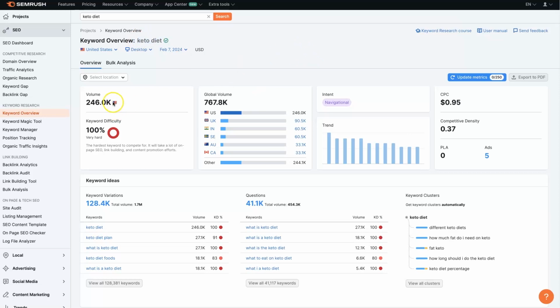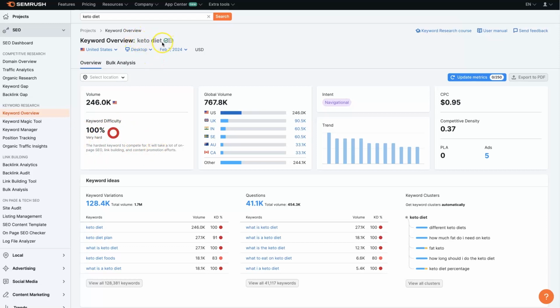This term in the US gets about 250,000 searches a month on Google. It also has a keyword difficulty of 100%. And essentially what that means is that it's going to be extremely difficult to rank organically on Google for this keyword. And that's because the competitors for this keyword have a lot of authority built up through lots of backlinks, which is predominantly how this metric is calculated. You can kind of hover over this to see more about how all that works. But needless to say, this is going to be a very difficult keyword to rank for, and that's partly because